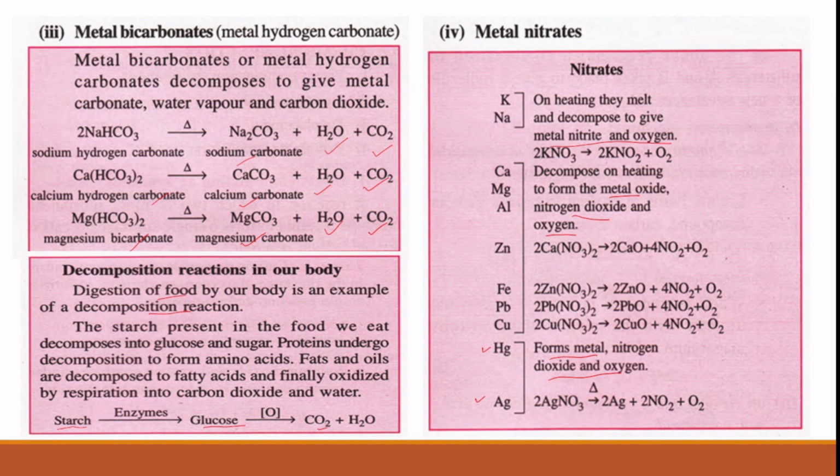This is what happens in our body. So decomposition also occurs inside our body in digestion of food. Remember,